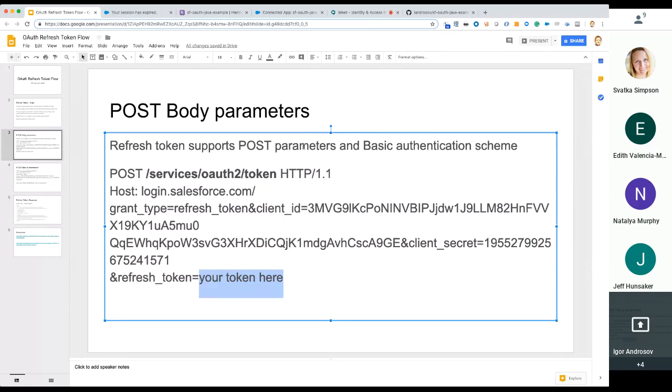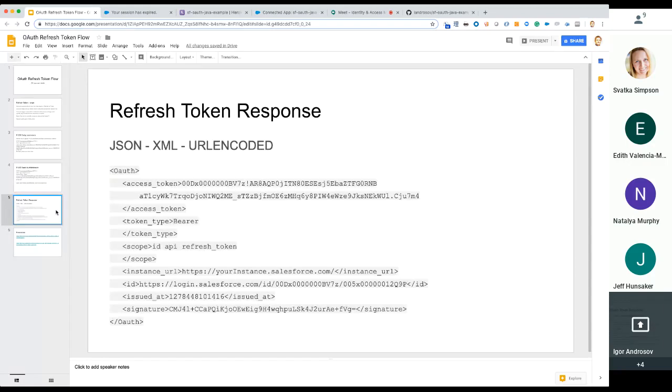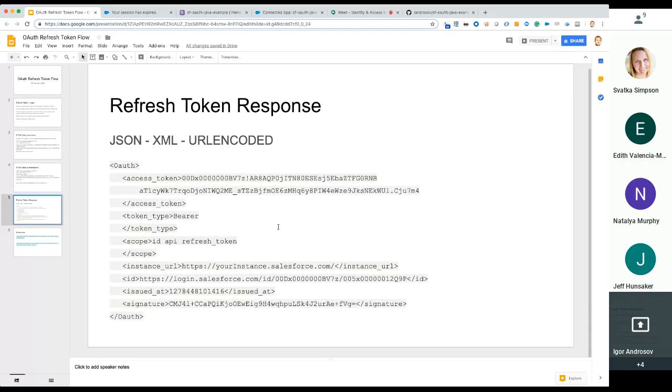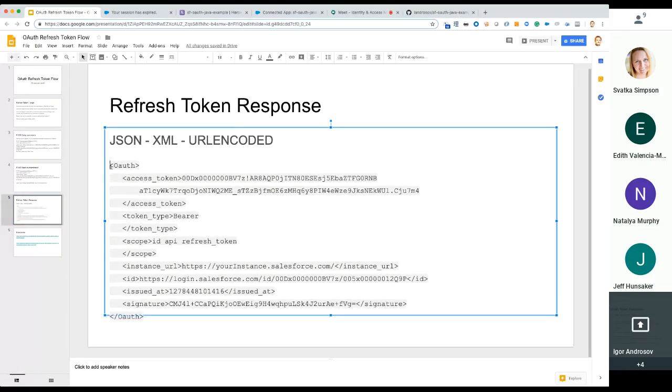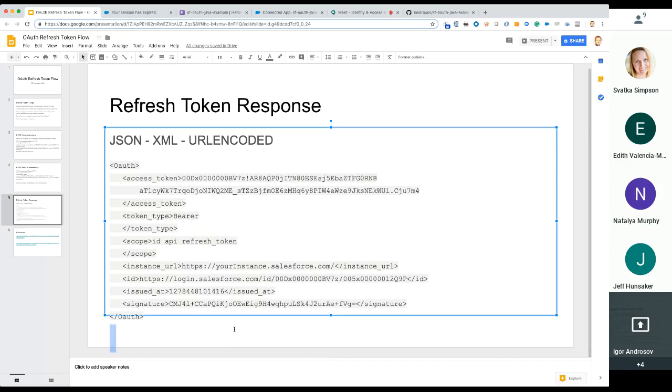So you have the ability to pass as parameters or as basic authentication scheme. I have both of them examples here. That's kind of what the basic authentication scheme would look like. Somewhat similar thing, and then it's kind of in the documentation, same thing. And this is a response. So a response can be done in JSON, XML, or URL encoded. I posted just one example here in XML because it's easier to read, and that's kind of what you can expect from your